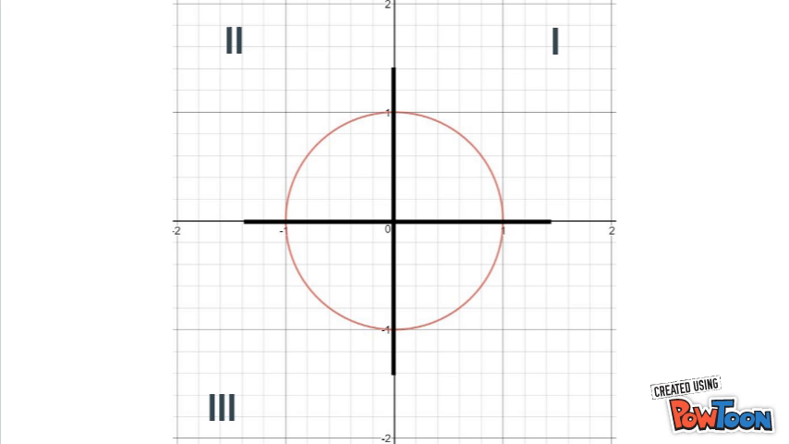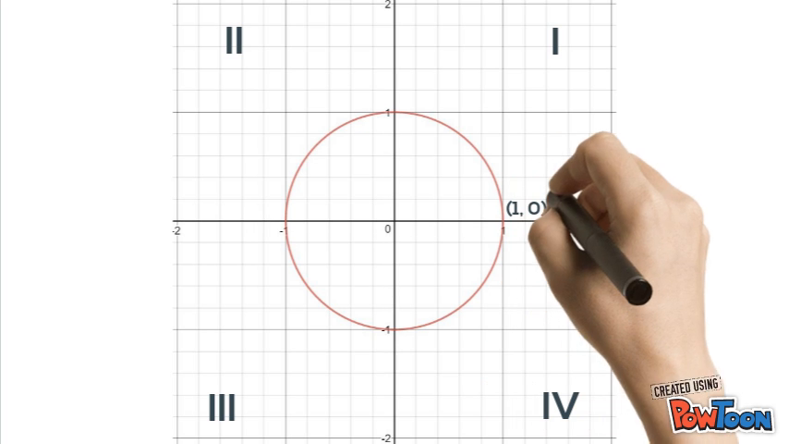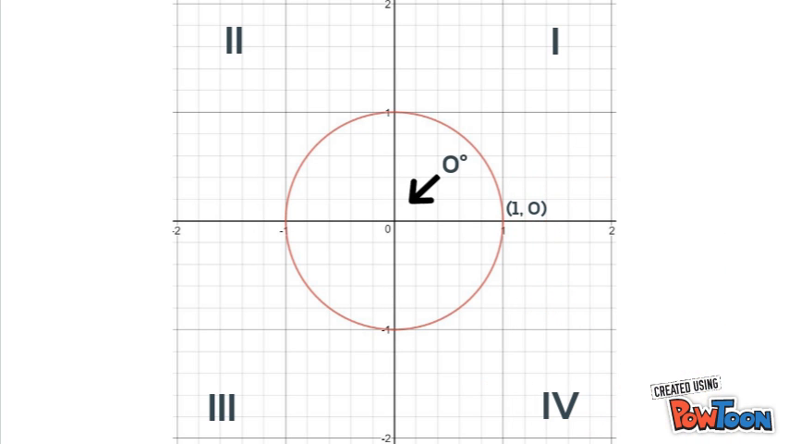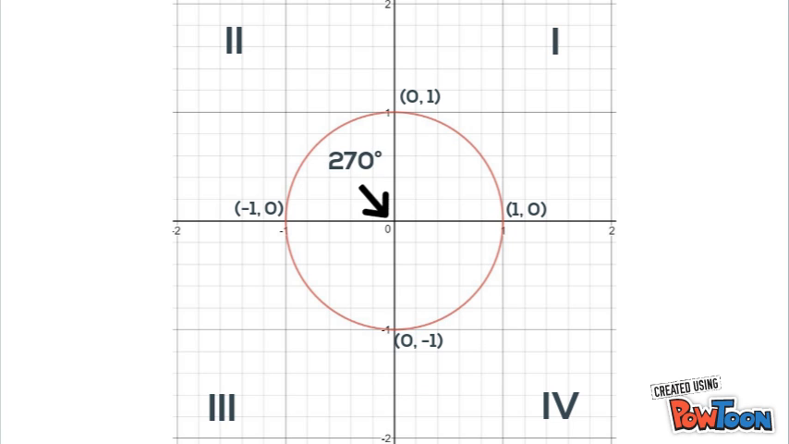coordinate plane. The circle begins at the point (1, 0), where the degree of the central angle is 0. Then, at the point (0, 1), the central angle measures 90 degrees, or pi over 2 radians. The next point, (-1, 0), makes a straight central angle, which means the measure is 180 degrees, or pi radians. Lastly, the point (0, -1) has a central angle measure of 270 degrees, or 3 pi over 2